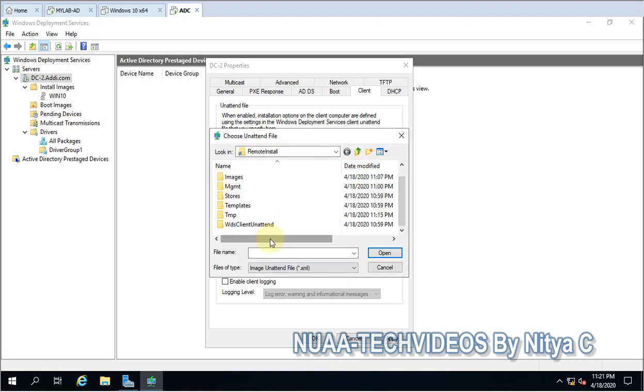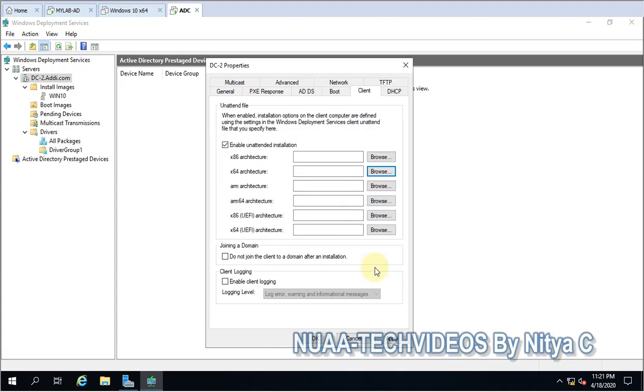You have to give the path, but I don't have that file. If you want, you can create that file with the help of some other tutorials.